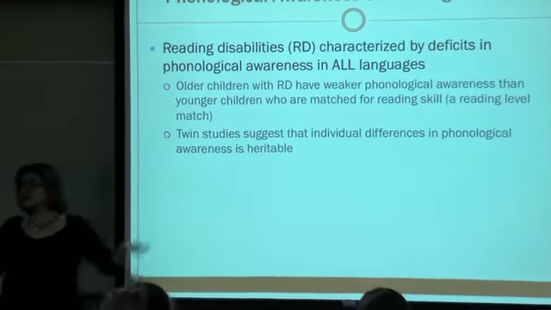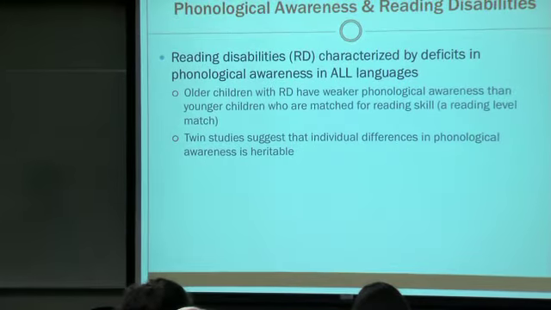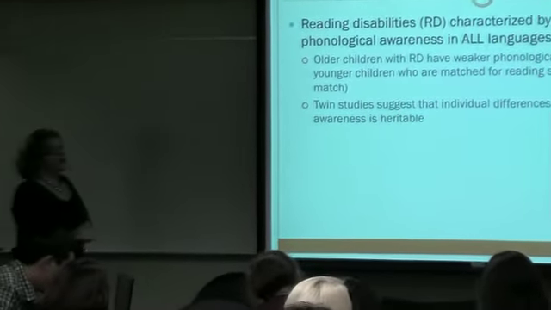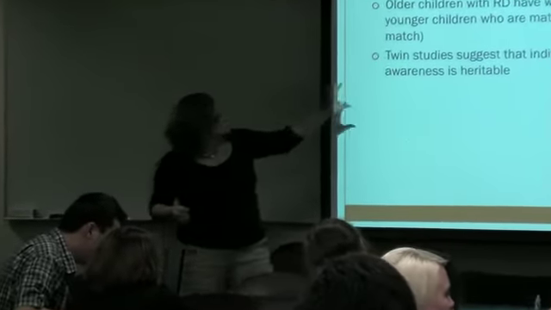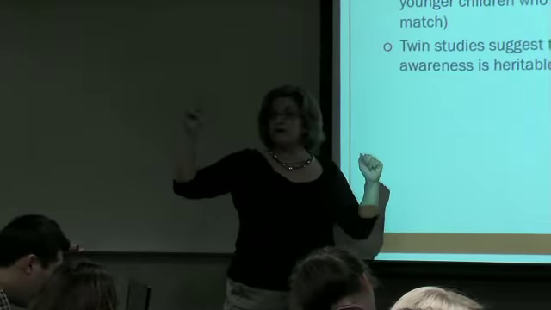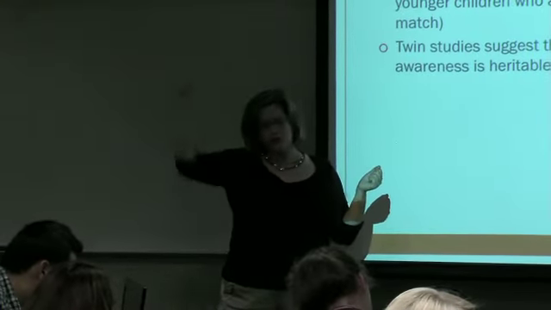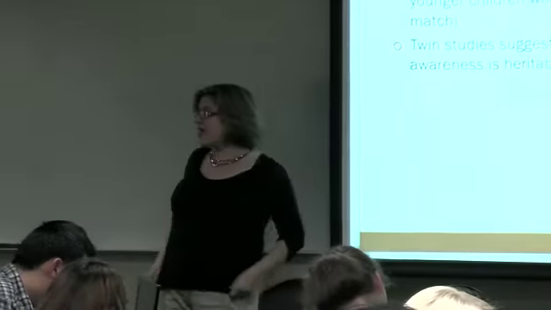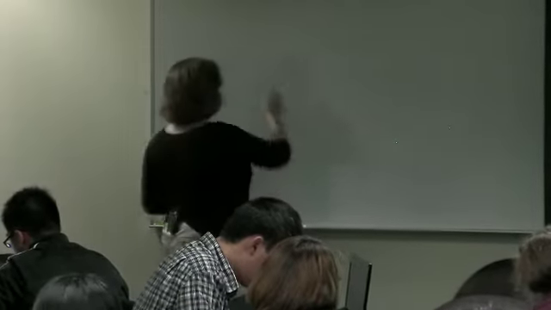And they look to see how heritable a skill is. So what they do typically is they pick the twin with the weaker reading skills, the reading disabled one, and they look to see how much